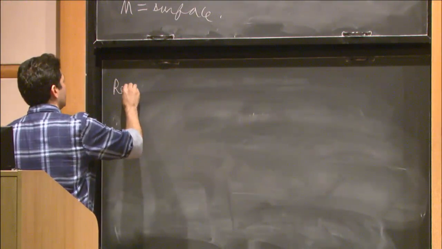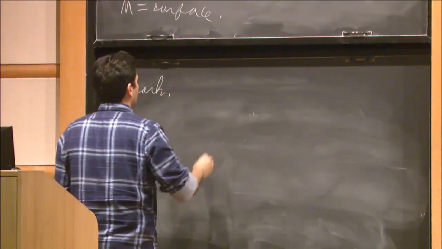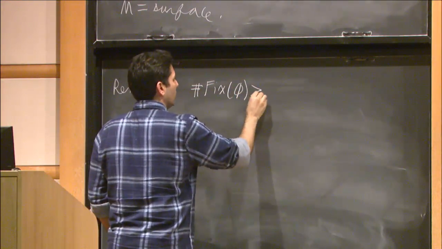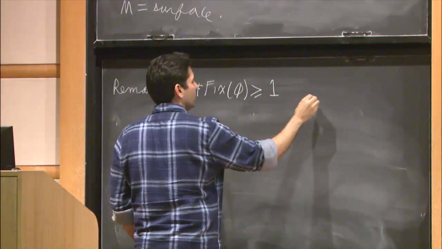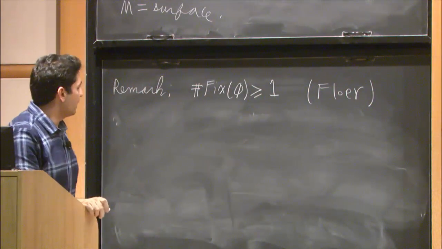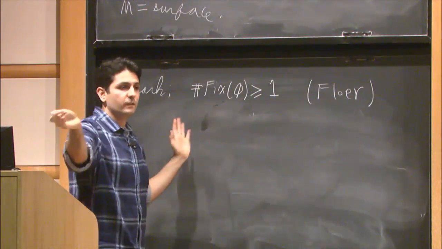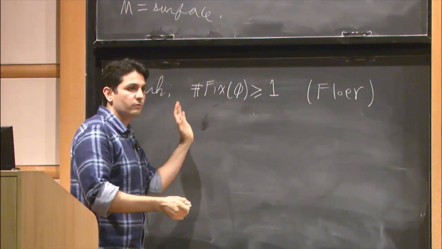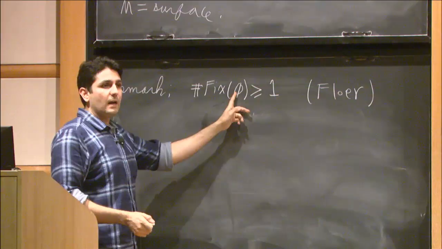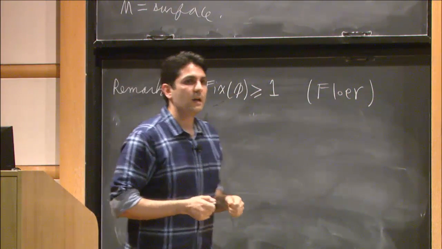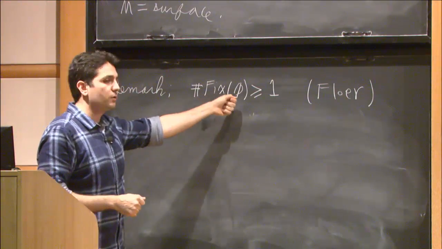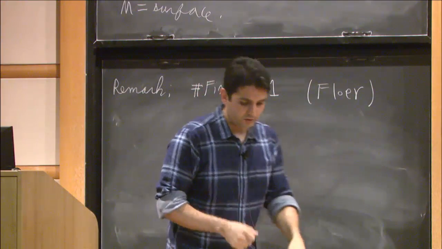The first, let me make a remark. The number of fixed points of a Hamiltonian homeomorphism is at least 1. And this is by Floer theory. Every Hamiltonian diffeomorphism has many fixed points, or at least non-degenerate ones, for which we know the Floer Arnold conjecture is true. And you could write a Hamiltonian homeomorphism as a C0 limit of Hamiltonian diffeomorphisms. So if you have a sequence of maps which have fixed points and they converge to another map, the map will have a fixed point. Okay, so this much we know.